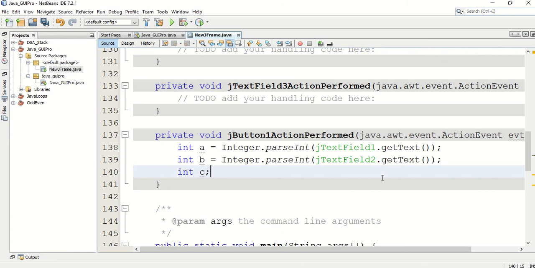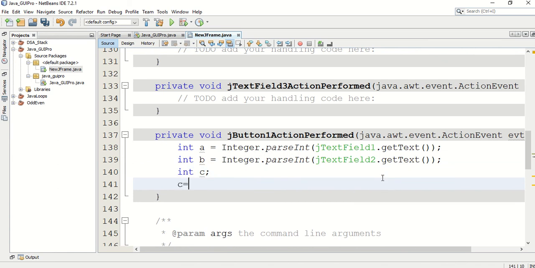Then c is equal to a plus b. The received a value and b value I am going to sum together, and then store that value in the c variable.